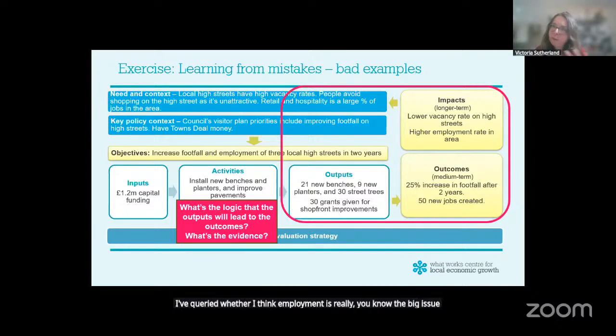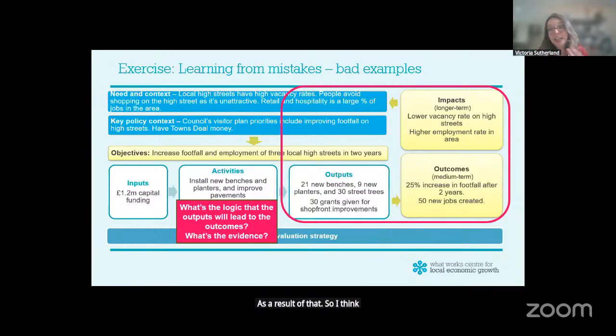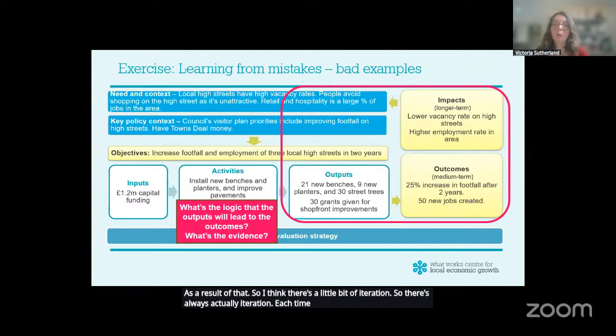But even if that percentage isn't an issue, if you were going to try to improve footfall, really what you're trying to do is increase turnover and in turn either increase wages or increase employment as a result of that. So I think there's a little bit of iteration. There's always actually iteration. Each time you look at something on a logic model, you should then look at how it's impacting